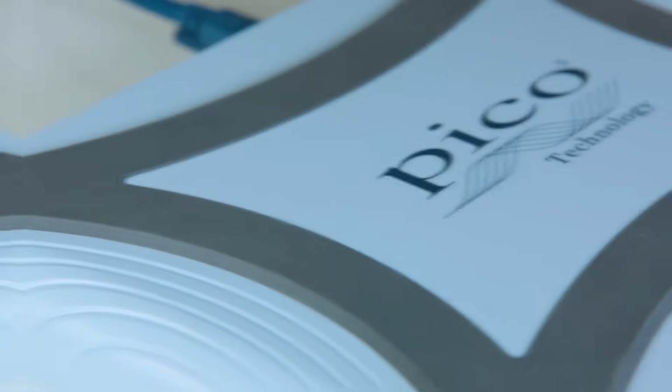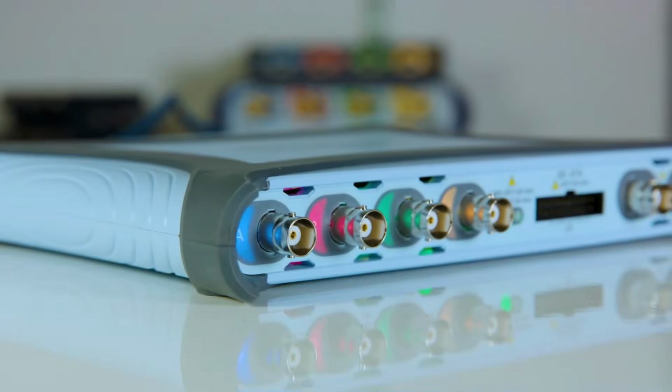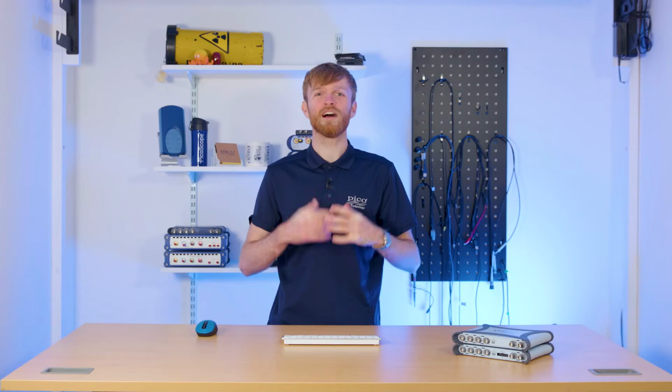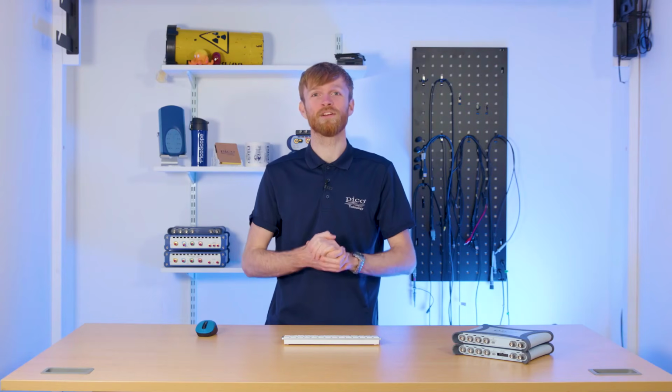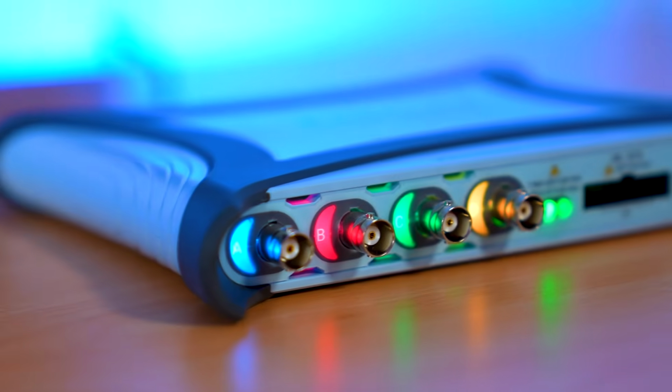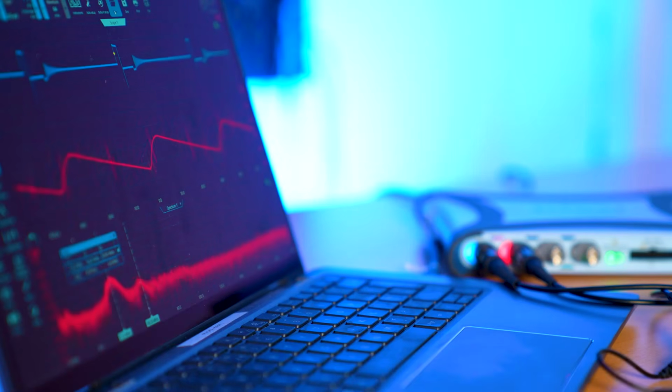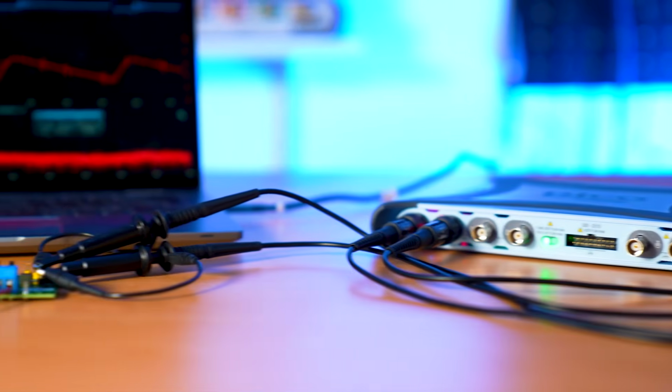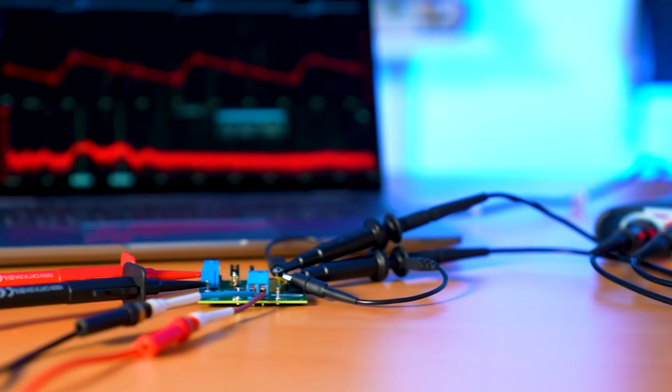This is the PicoScope 5000E series USB oscilloscope, a 16-bit device capable of high precision measurement with outstanding low noise performance. It's the perfect oscilloscope for testing low amplitude signals from sensitive medical sensors or looking at ripple in power supply